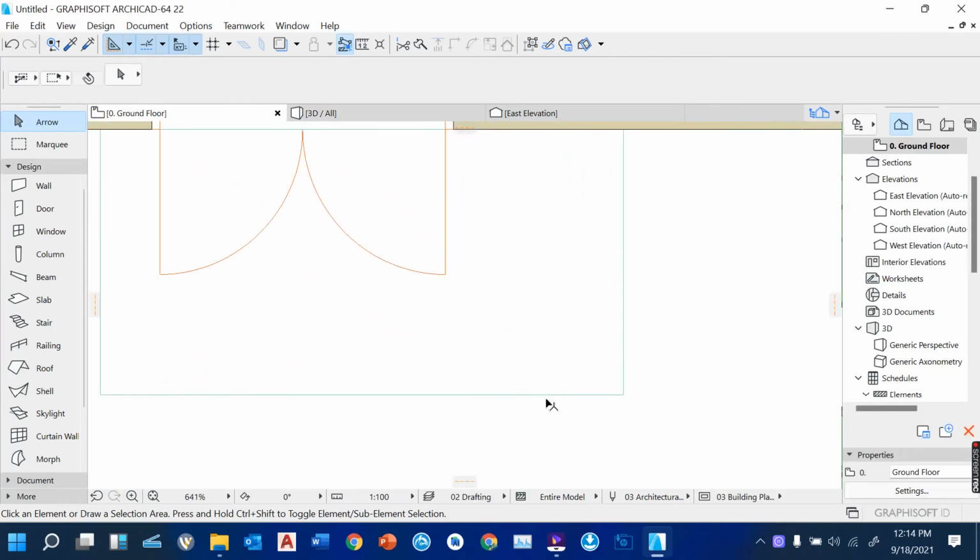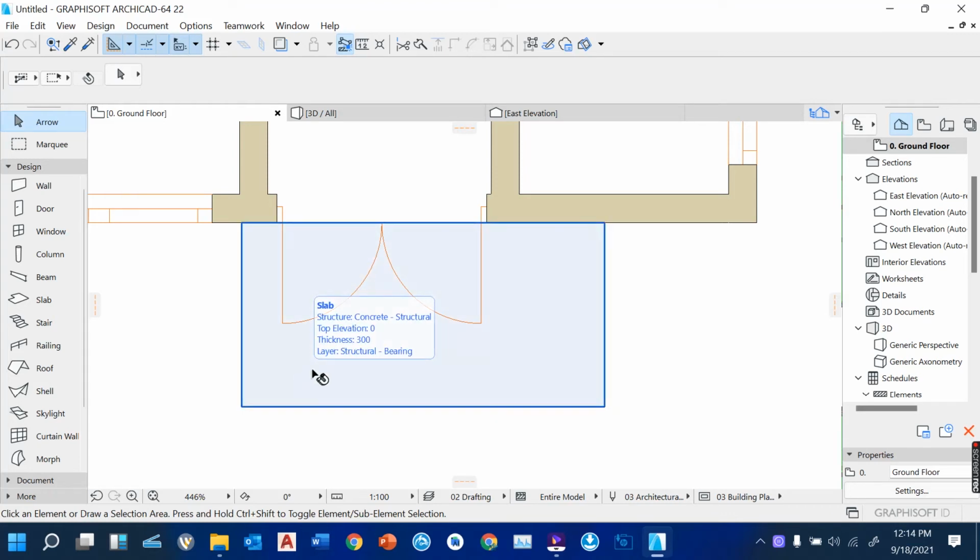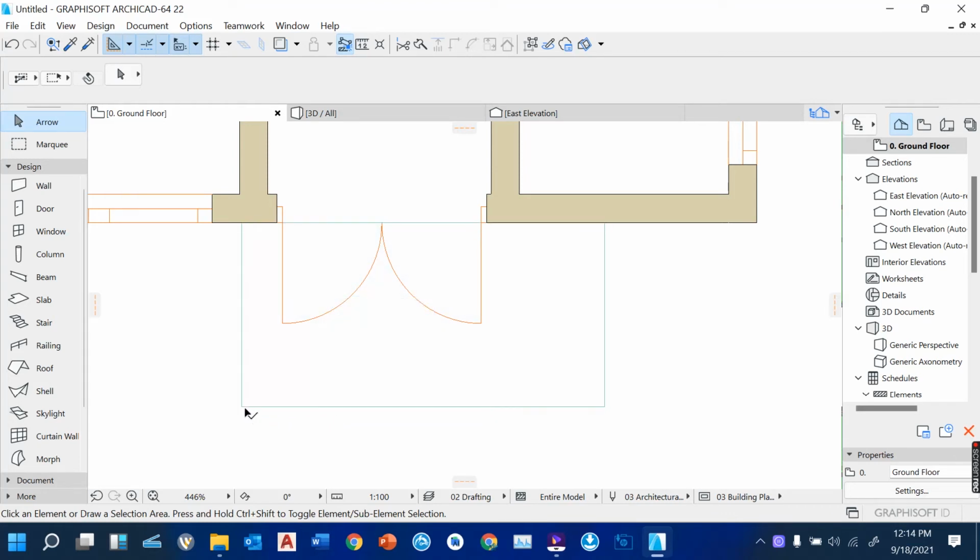Now, let's see how we can place our columns. I can place a column because these are my entrance. This will be acting as my lounge, so I can place my column as well. So I come to column tool,